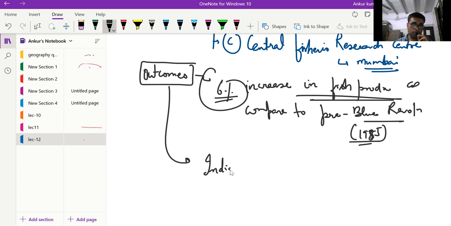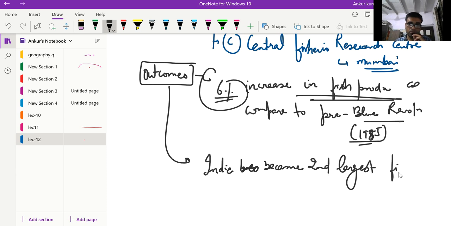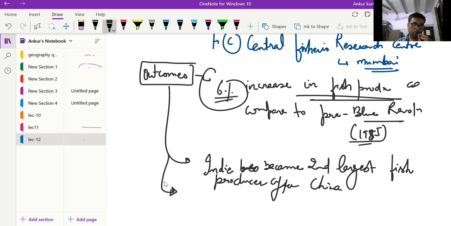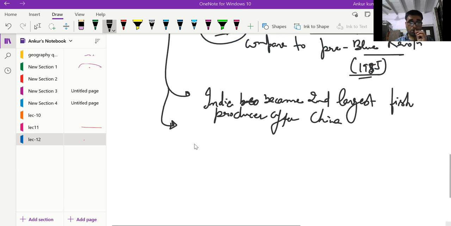India became the second largest fish producer after China. And the third one is Peru in South America, right? And the next output, the third output, is with regard to